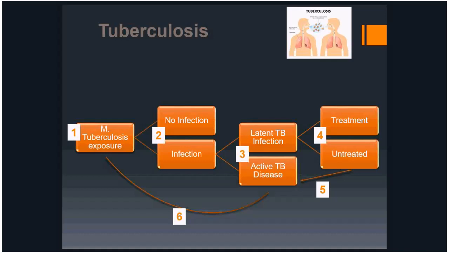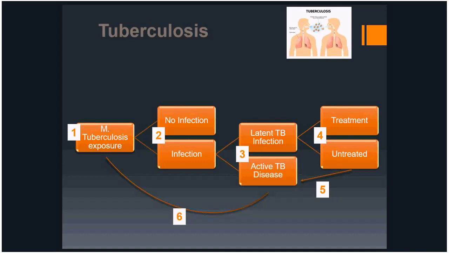So anytime someone is exposed to tuberculosis, that is kind of the first step. There's an exposure. Following the exposure, the person will either get infected or not get infected. For persons that end up getting infected, they will go into one of two states. They will have what is called latent infection, or they will progress to have what is called active disease. Persons with latent infection are asymptomatic. They are not infectious. Whereas persons who are active have active disease and bacteria that is growing and multiplying